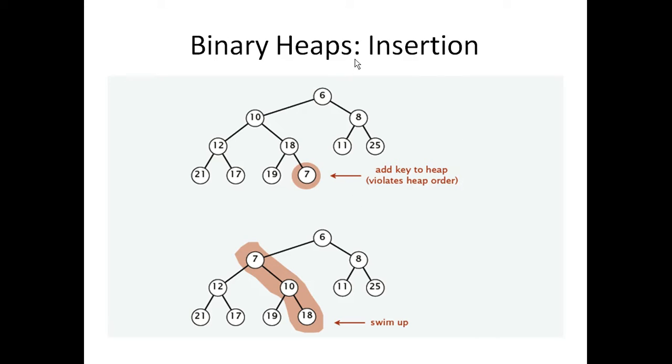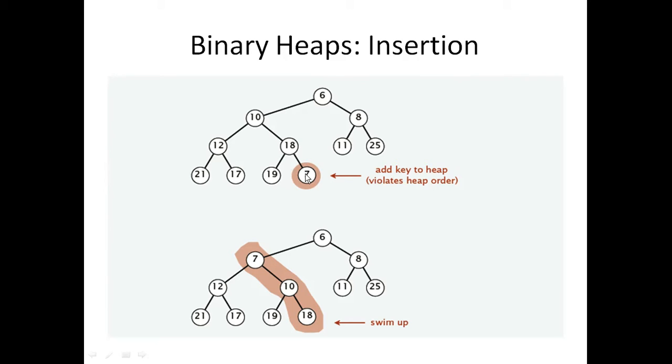In this figure you can see that this is a min heap, and let us say suppose we want to insert this element 7. So as per the first step, the element that is to be inserted, we have to add it as the last element of the heap. That is why you can see here this 7 is added at the end, that is the last element. Now once we do this, this no longer remains a min heap because it violates the heap property. So now to make it heap ordered, we'll compare this element with its parent.